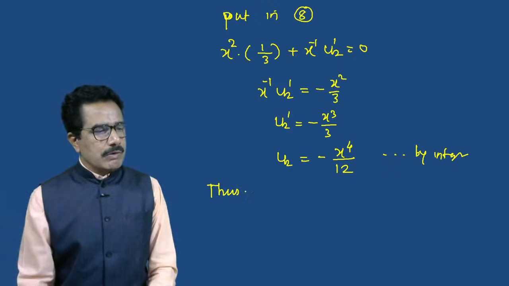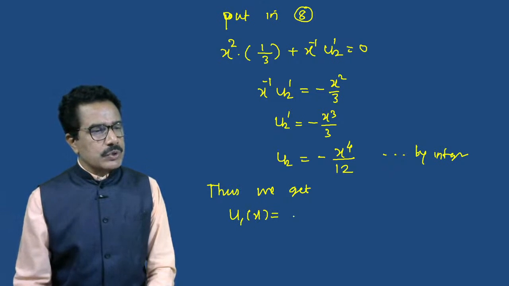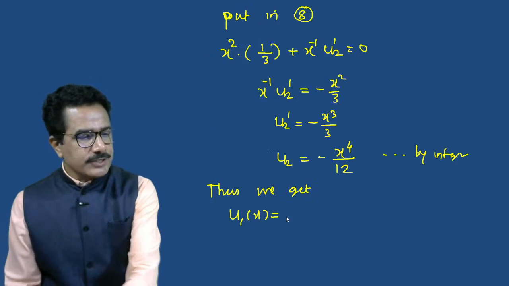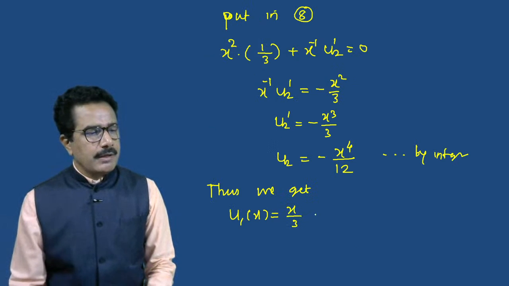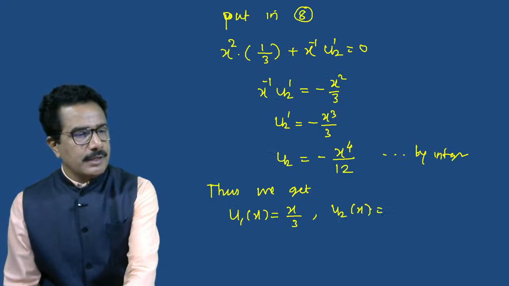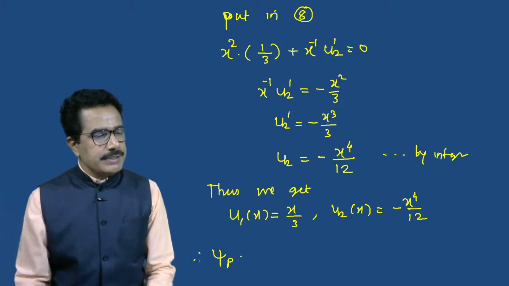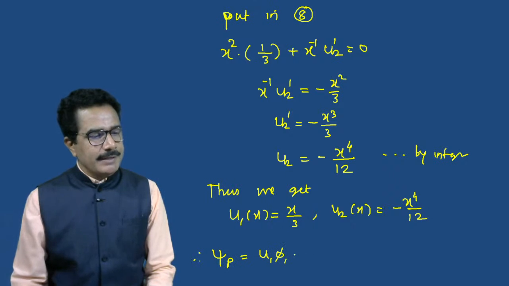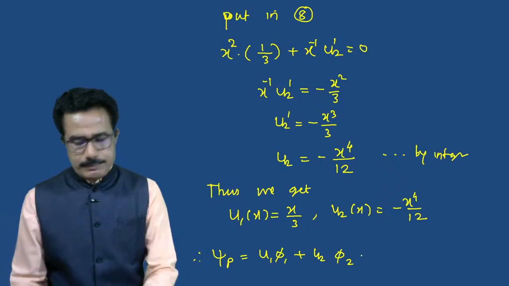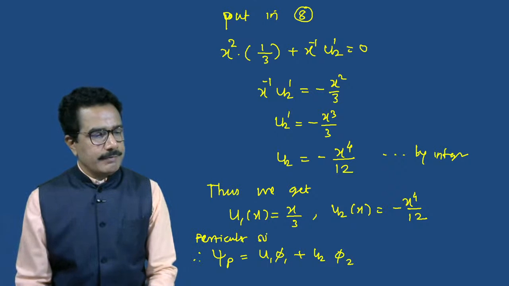Thus we get u1 of x is equals to x by 3 and u2 of x is equals to minus x raised to 4 by 12. Therefore psi p is equals to u1 phi 1 plus u2 phi 2. So we have particular solution. So we get psi p is equals to,